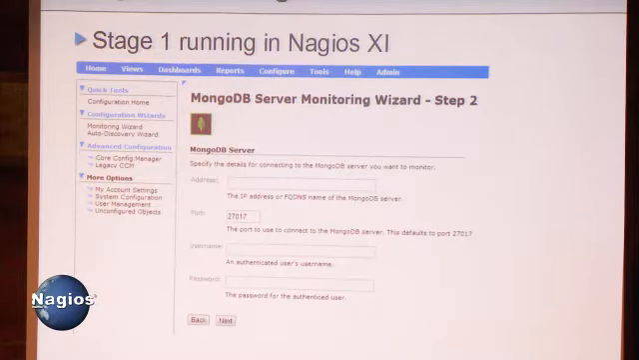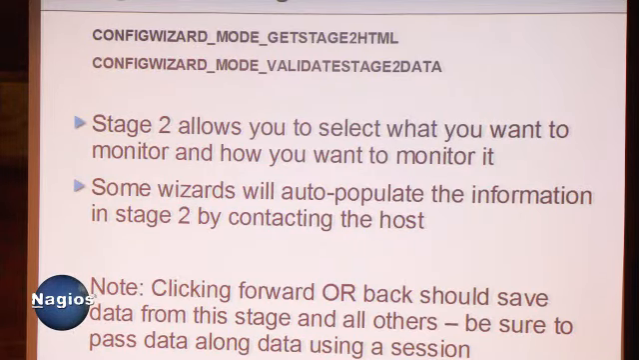And this is stage 1 running in Nagios XI, and as you can see, it is step 2. You have the address, the port, the username, the password. And then stage 2 is, again, the same as stage 1, just instead of stage 1, it says stage 2 in the 2